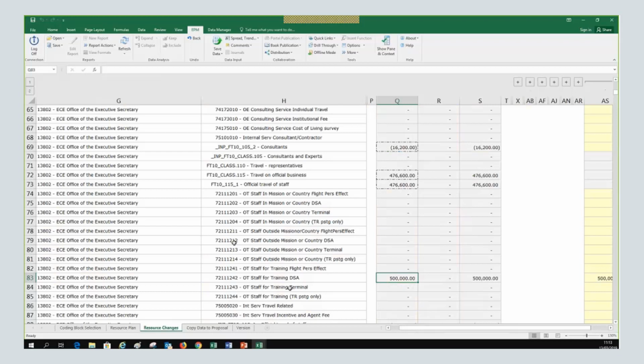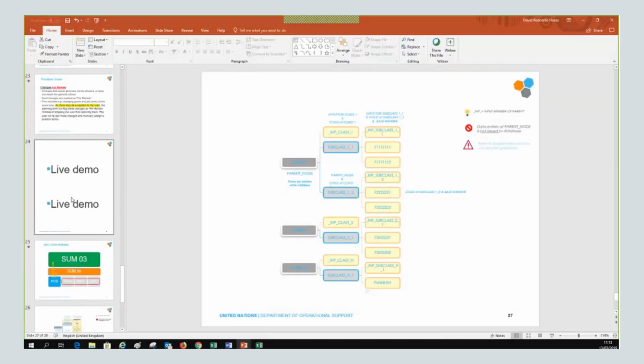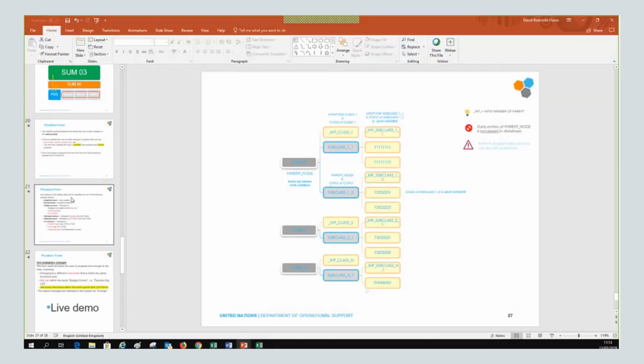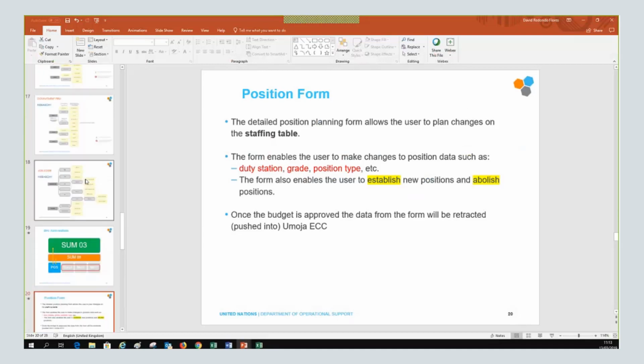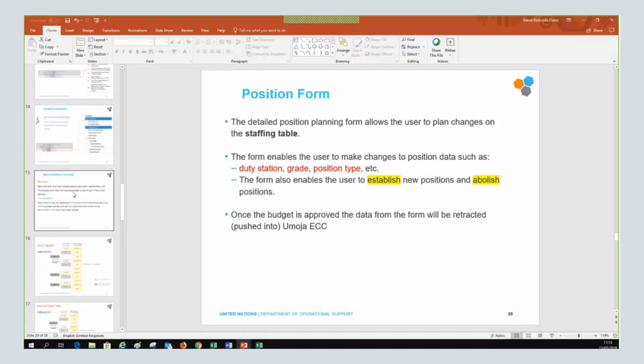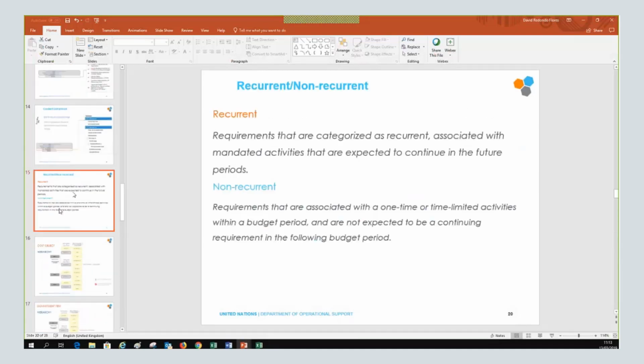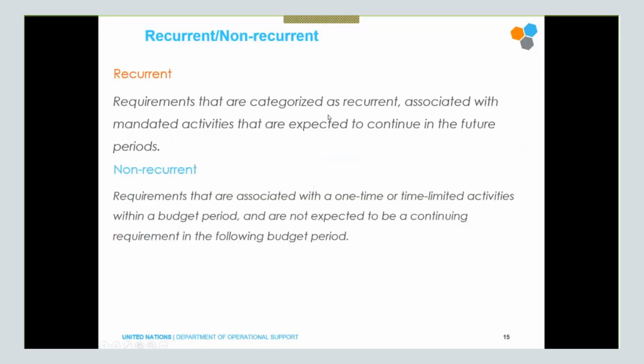Okay, so that's a very good question, and thank you. Let me track the slide that we saw yesterday. This is only a point for the system. So at this moment, I think we will see the value of this breakdown through the years. So basically the difference between recurrent and non-recurrent is that if you categorize it as recurrent, I expect it to continue in the future periods.